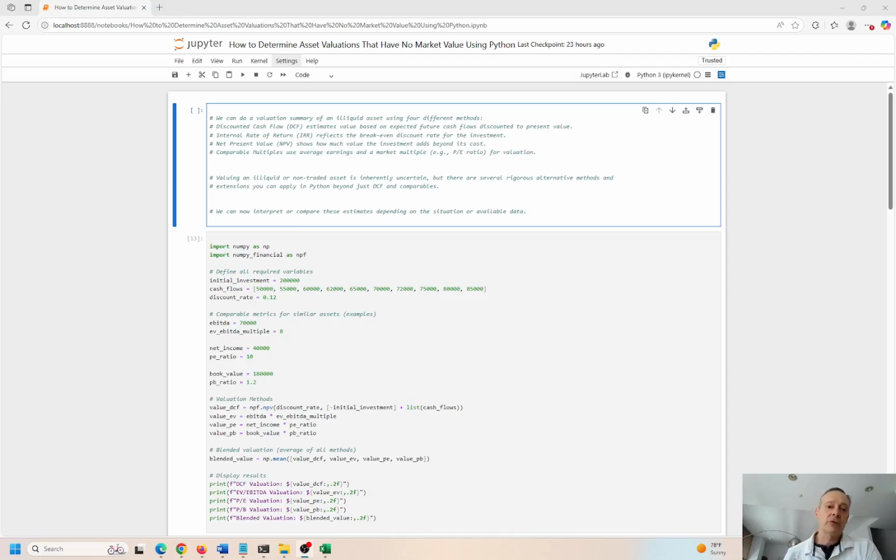We can also look at internal rate of return. This is the internal return that an investment can generate. Again, we look at this on a relative basis, so discount everything back to the present value, or look at the time-adjusted value of all these things, so we can compare apples to apples, right? We always want to look at something at the present time. We can look at net present value. So again, present value, discounted cash flow, takes everything discounted back to today. Net present value is basically showing how much value the investment adds beyond its cost. And we can look at comparing multiples, or using different financial averages like the PE ratio.